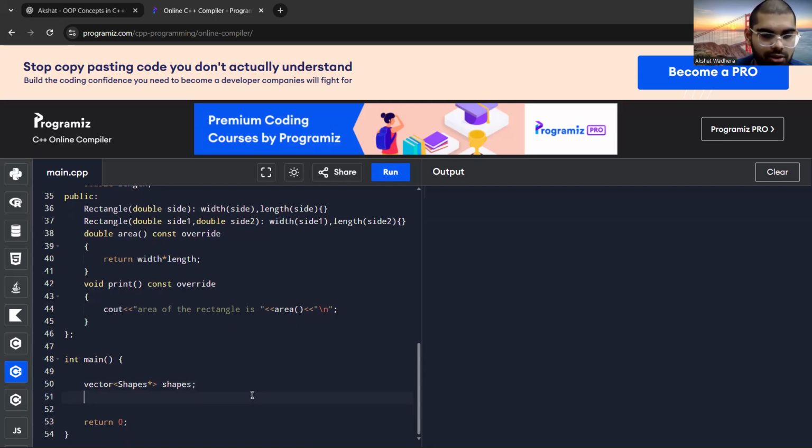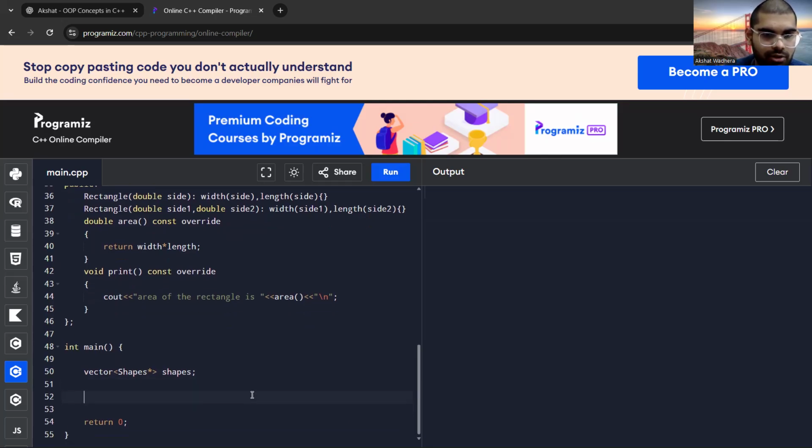Then I can define the actual objects. Let's define an object of type Shape, name it O1, and it is equal to a new